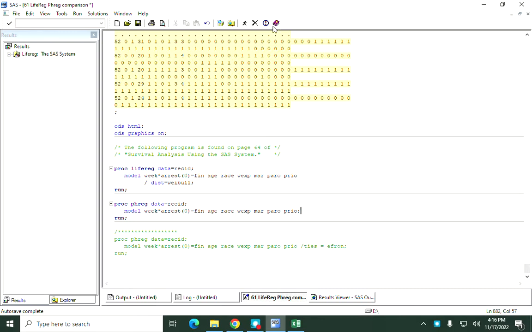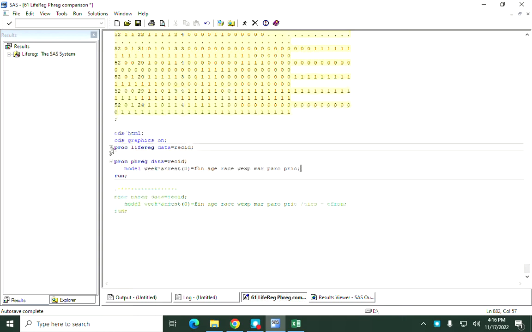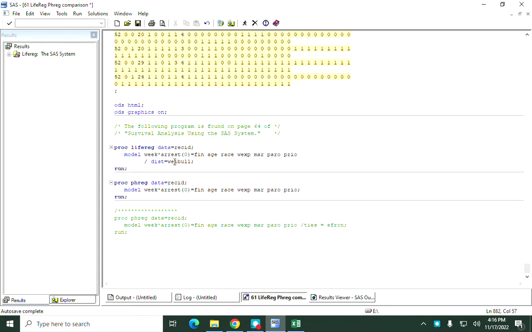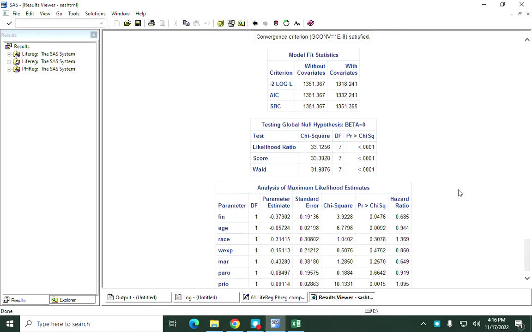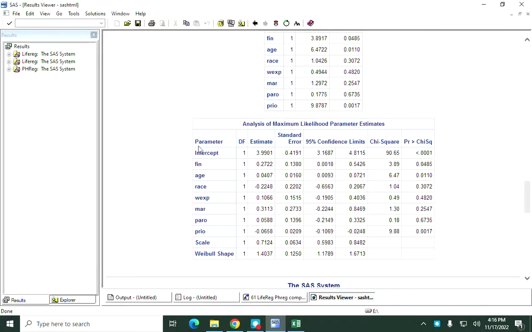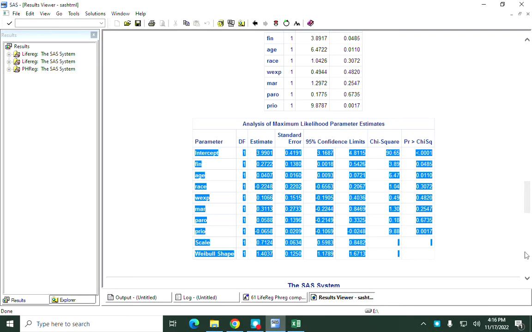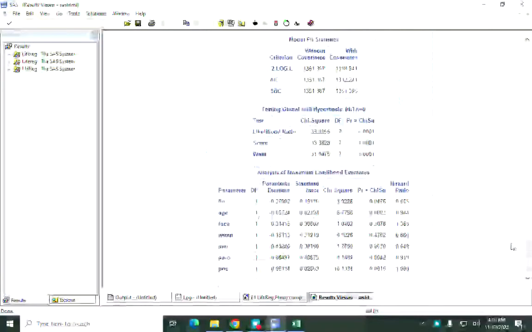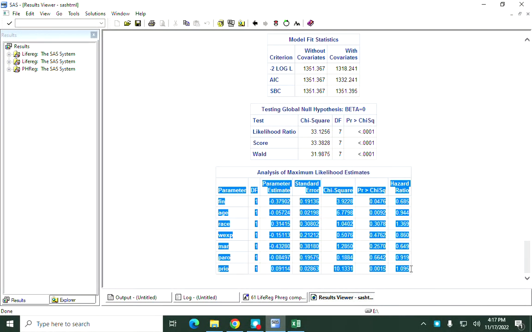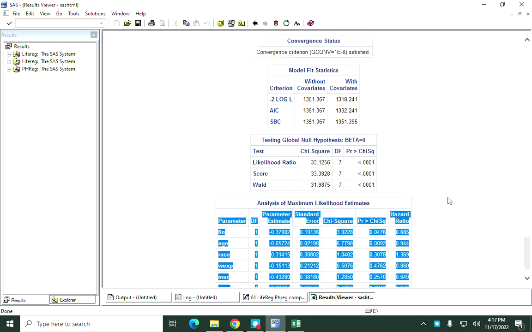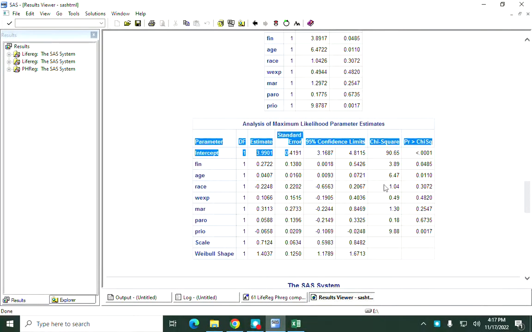Last time I did this without showing you, so look at this too. Live regression and PHREG look almost the same here, the two up here. You can add education in, it doesn't matter. But here is what I wanted to show you. Here I have a set of live regression parameters using Weibull, and here I have a set of PHREG parameters using live regression. So if I copy paste,